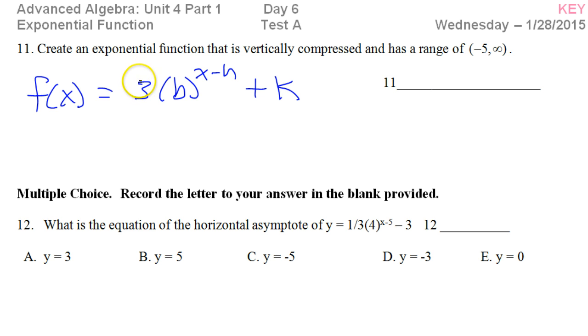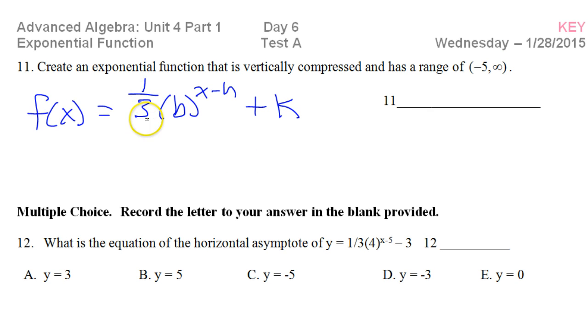so I guess I should technically say if it's between 0 and 1, like 1/3, for example, then that's going to be a vertical compression. This would be vertically compressed by a factor of 1/3. So I'll just leave this 1/3 because now I have a vertical compression like we wanted. Now we want a range that goes from -5 to infinity. Well, if you just can picture,